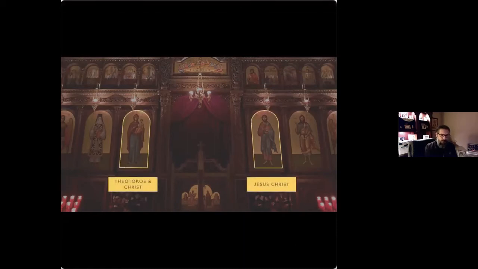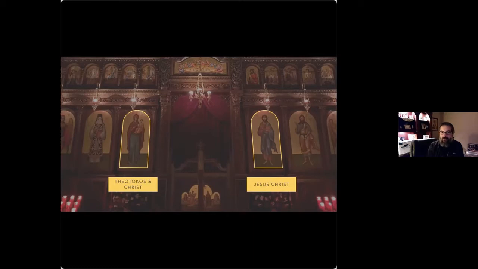So the first two that I want to point out are the ones that are staples, there in, I would say, 95% of Orthodox churches that you would visit around the world. Jesus Christ, if you're facing the icon screen as we are now, will always be in that first position on the right, because he's Christ. And his icon is the most important icon. You may recall from reading or from Sunday school or from another A.R.E. presentation that the reason that icons factor in so heavily in the Orthodox Church, at least for the last 12 centuries or so, is because